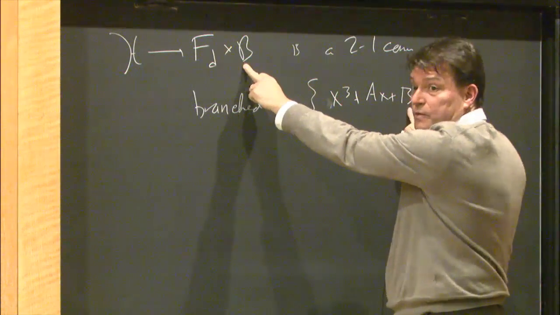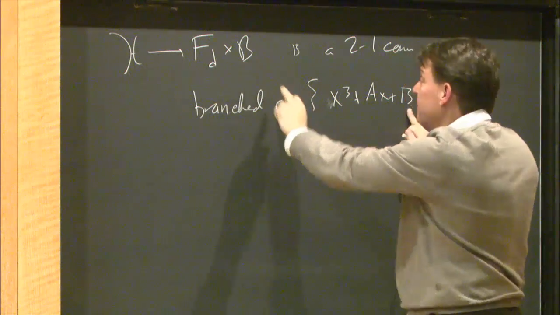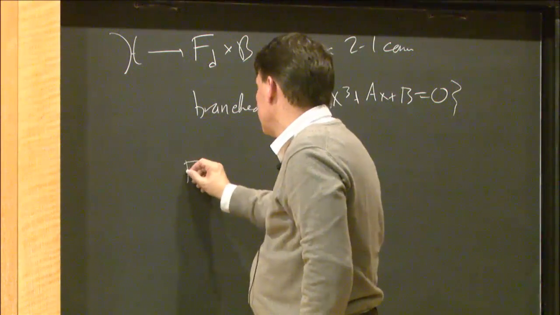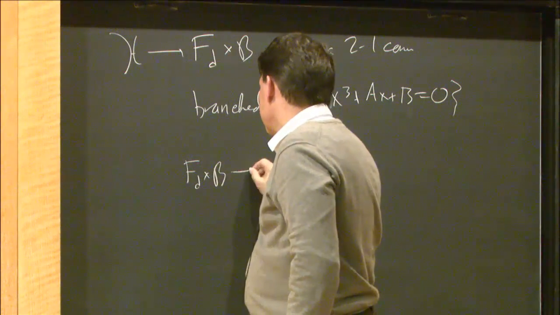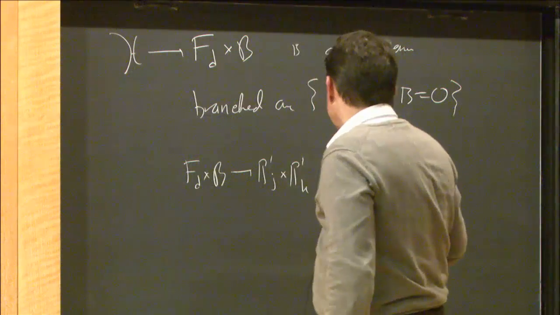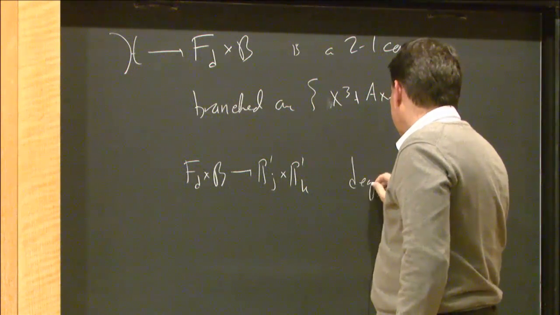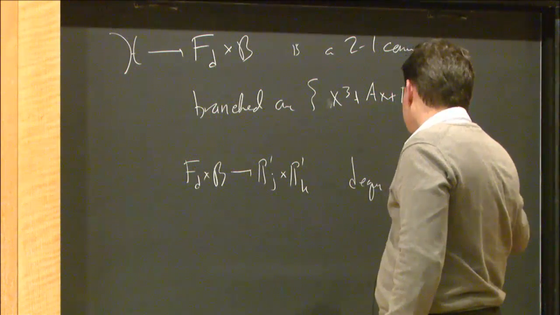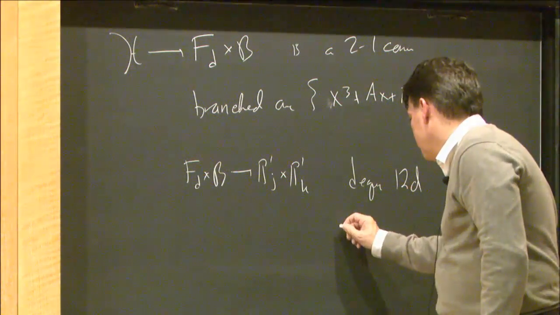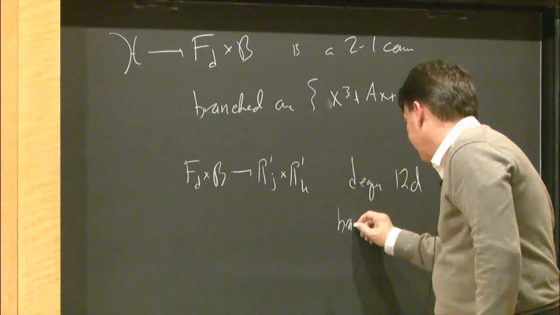They're essentially varying through a maximal dimensional linear space inside. That's the base space here. And then the map from FD cross B to P1J cross P1K has degree 12D. It's essentially the J map in the second coordinate, and its branch locus